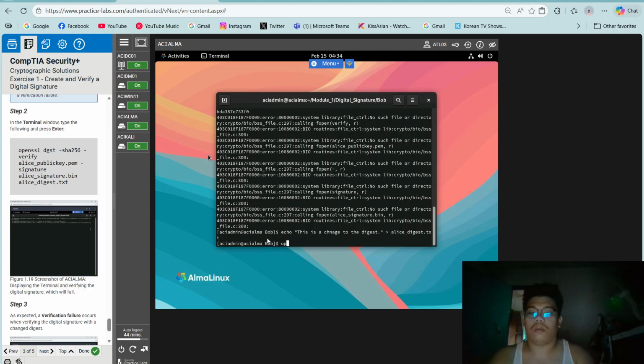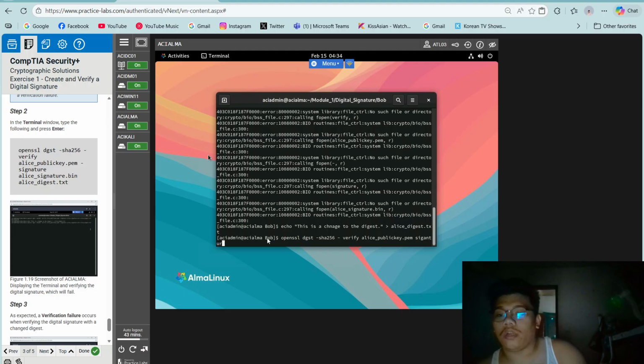So step 2, openssl dgst -sha256 -verify alice_public_key.pem -signature alice_signature.bin alice_digest.txt.